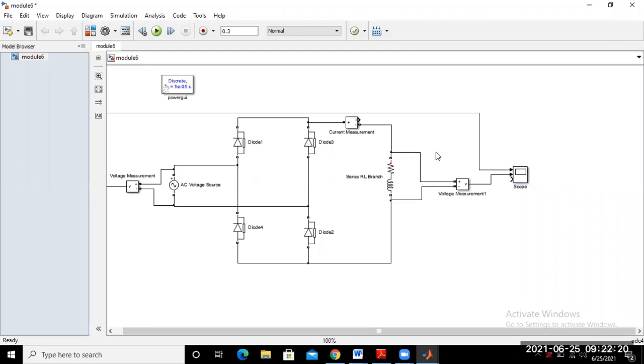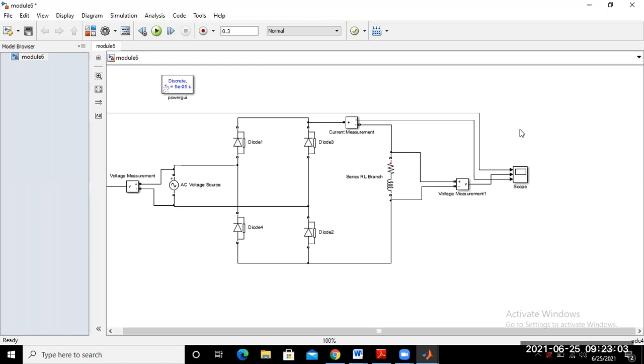Now connect this ammeter output to the scope. Then run the model again and try to see the waveform.